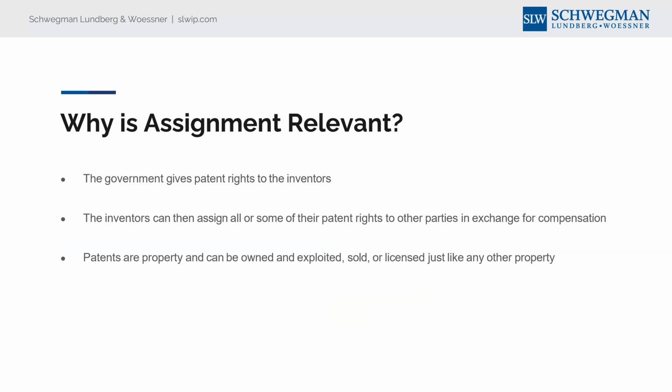Assignment, of course, is relevant because once you have a patent in hand, or you have some patent rights as an inventor, you can do with them what you want, either keep them, sell them, or give them to somebody by way of assignment. And as I'm sure most of you who have been in the patent space are aware, the vast majority of patents that you come across are actually assigned from an inventor, likely to their employer. This is because patents are property and can be done with what an inventor wants to do or what is obligated by way of contract to do.